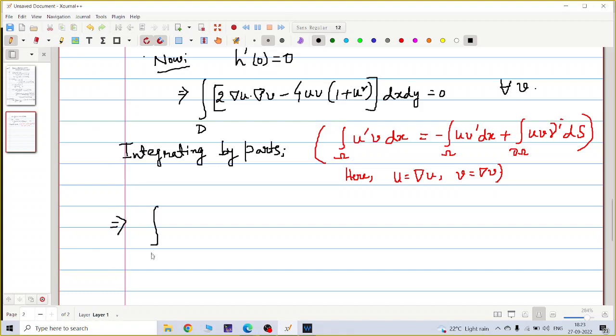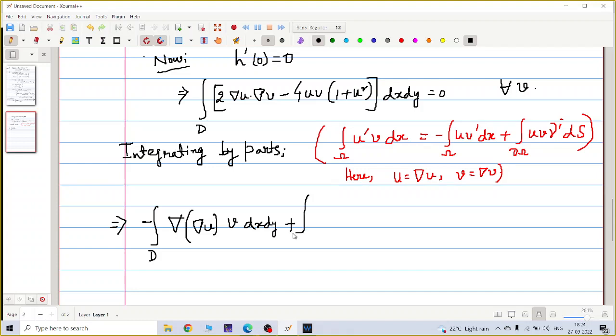So this becomes the integral over D of minus, here derivative means grad. In my formula I gave it for a single independent variable, but here it is grad because it is a double integral, dx dy. So grad u into v dx dy